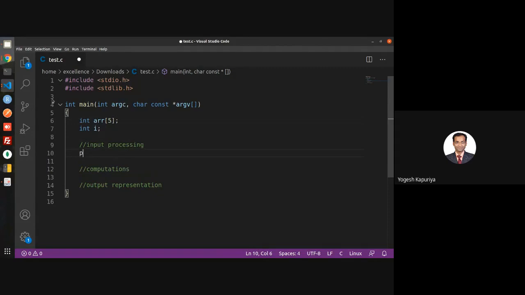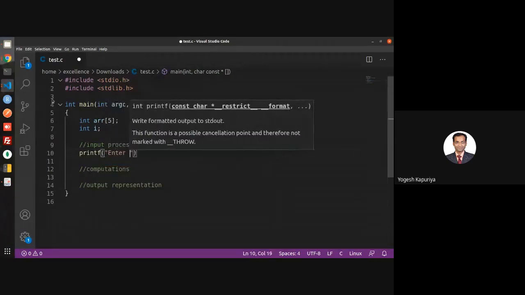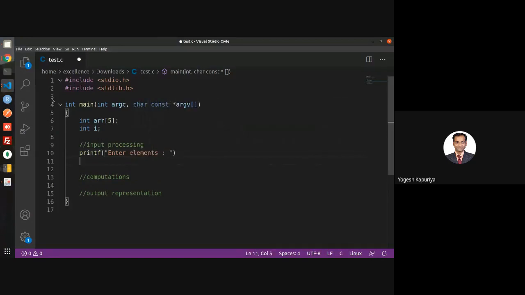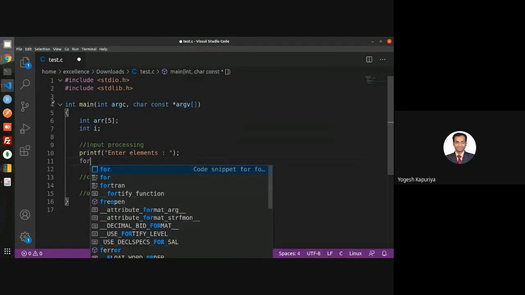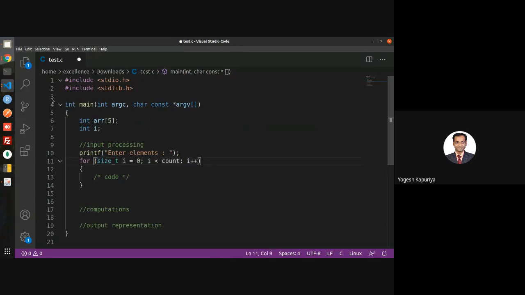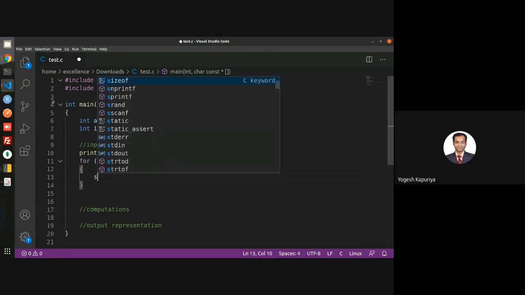Okay. The next thing you require is to take the numbers from the user. So, enter elements. Because there are multiple numbers, you require a loop. You will run a loop, how many numbers? 5 numbers.